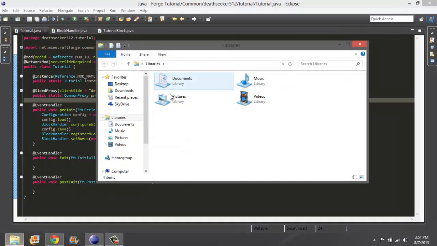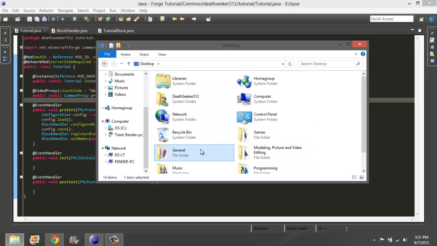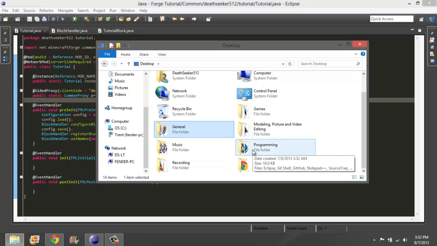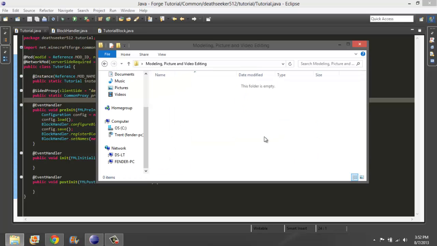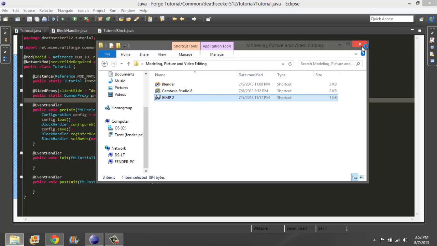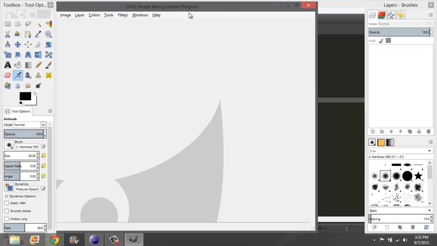And then we will actually have to make the texture, and then another file afterwards. But we'll get to that when we get there, if I can remember to go to desktop. And so what I'm going to be doing to make the texture is by using GIMP. And now that the GIMP's up,